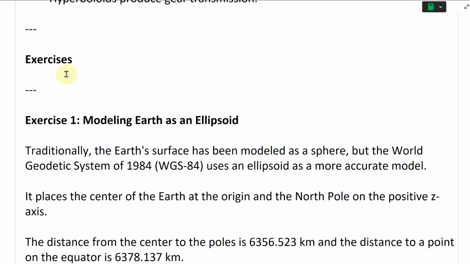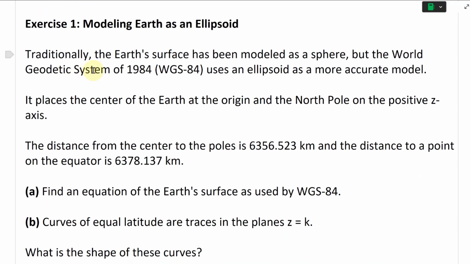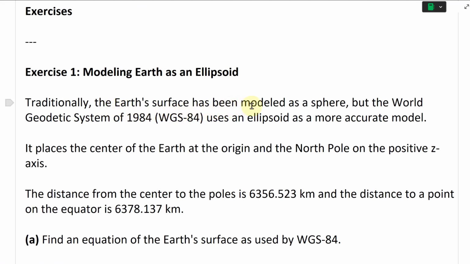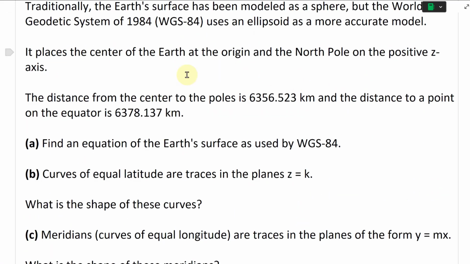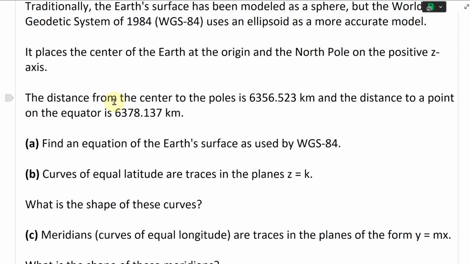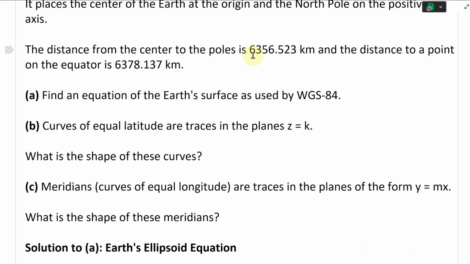We're going further. So exercises. So exercise 1, modeling Earth as an ellipsoid. Traditionally, the Earth's surface has been modeled as a sphere, but the World Geodetic System of 1984, or WGS-84, uses an ellipsoid as a more accurate model. It places the center of the Earth as the origin, and the North Pole on the positive y-axis. The distance from the center to the poles is 6,356.523 kilometers,